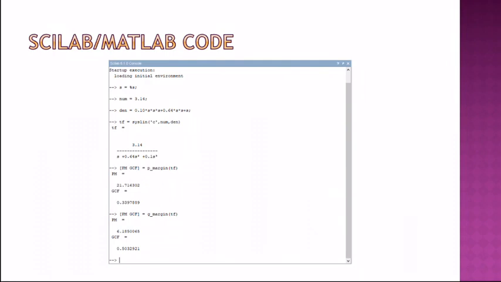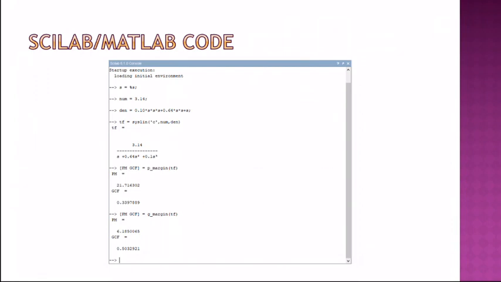Hello, my name is Amir Haziq bin Basharuddin, and I will show you the code for the Scilab part, MATLAB. So the first one, we show the numerator and denominator, which is from the previous equation, 3.14, and the denominator is this equation.